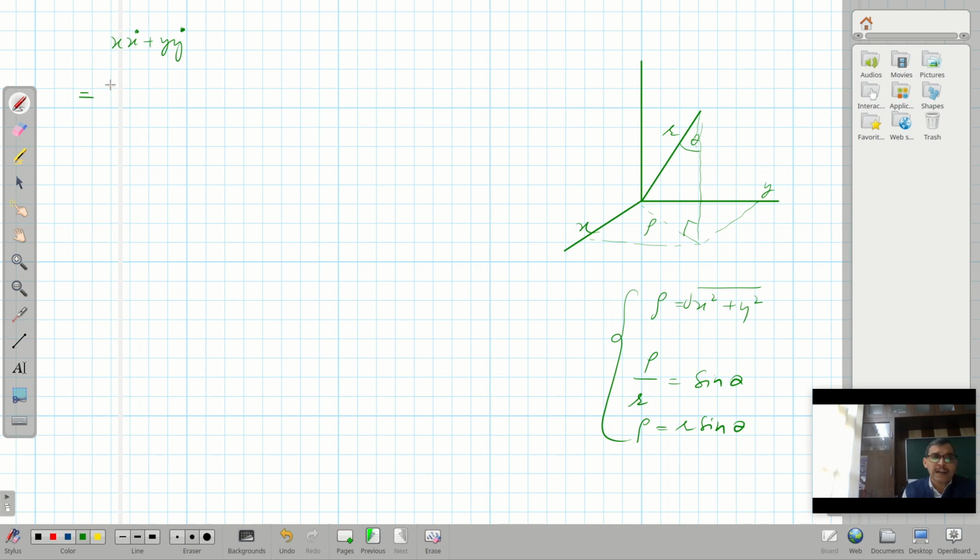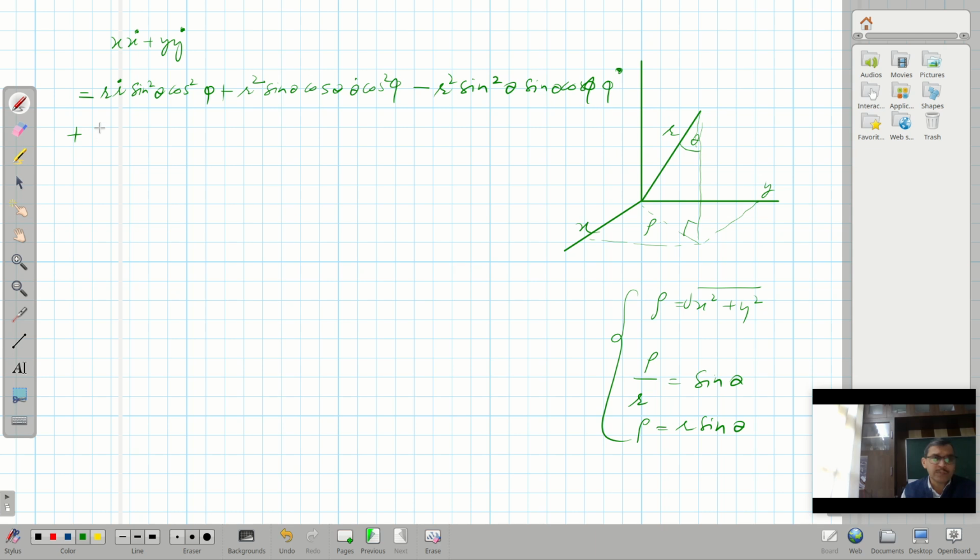It is r dot sine square theta cos square phi minus r square sine theta cos theta theta dot cos square phi, sorry, plus. Here it is r dot sine square theta cos square phi plus r square sine theta cos theta theta dot cos square phi minus r square sine square theta sine theta cos phi phi dot,